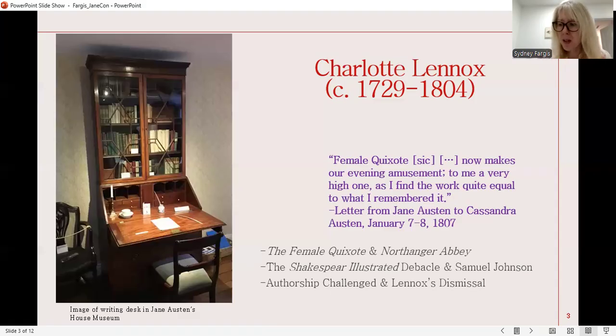Ultimately, Lennox all but disappeared from the literary canon because her authorship was challenged, and because eminent Victorians, predominantly male, just could not approve of the heroine in The Female Quixote. Arabella, the heroine, simply put, had too much wit about her, feeding into the fear that this might encourage Victorian women to inadvertently disrupt the proper functioning of their minds and bodies, by trying to imitate Lennox's heroine, that it could even lead to infertility.